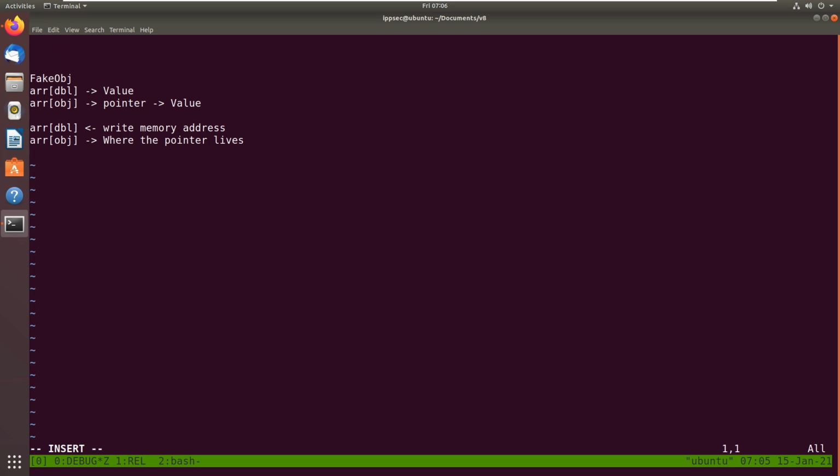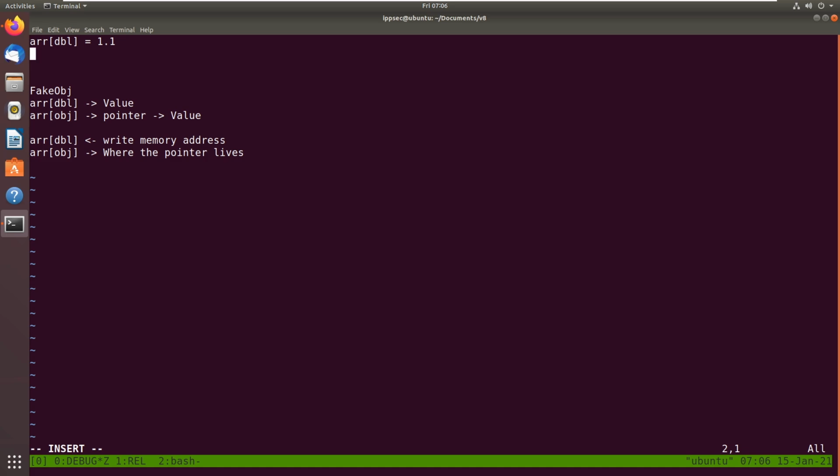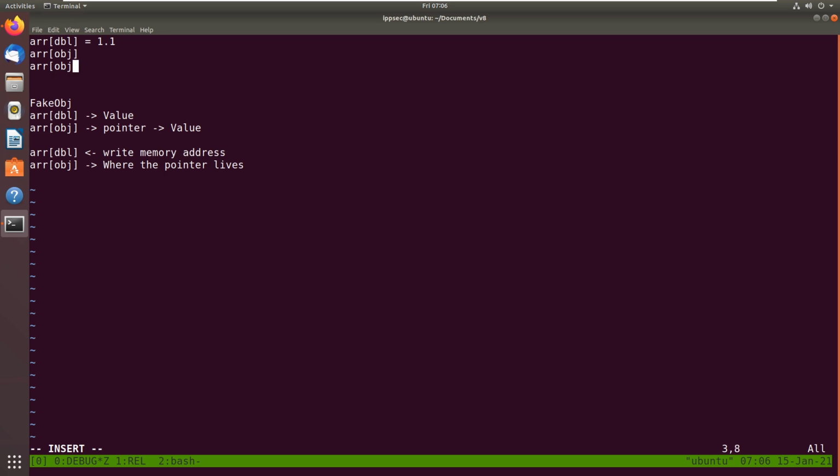The second thing is we can have an array that is a double, and let's just say that's 1.1, and we're going to convert this array into an object. So we do some magic to convert this double into an object. And then we say array object is now equal to a variable. What that's going to do is store the pointer of this variable here, because that's how objects work. It expects a pointer variable and it points to somewhere. So now that the pointer is here,